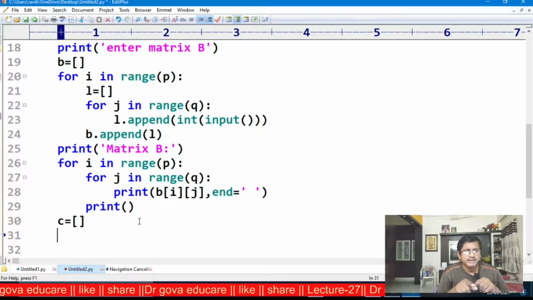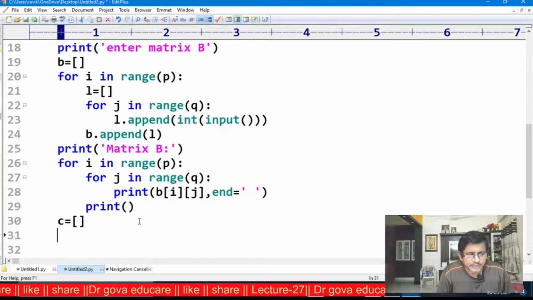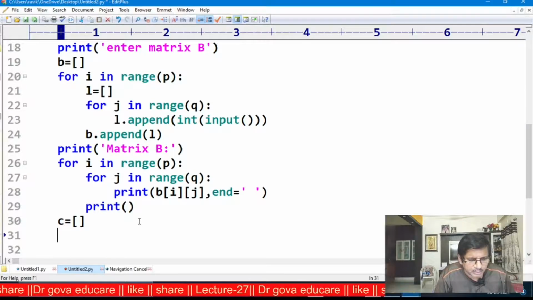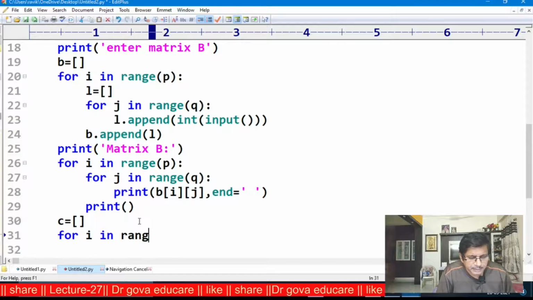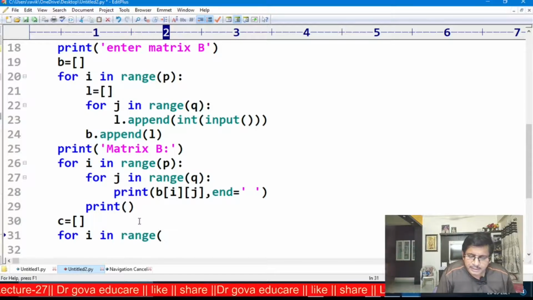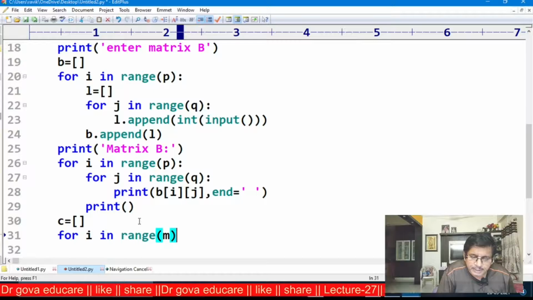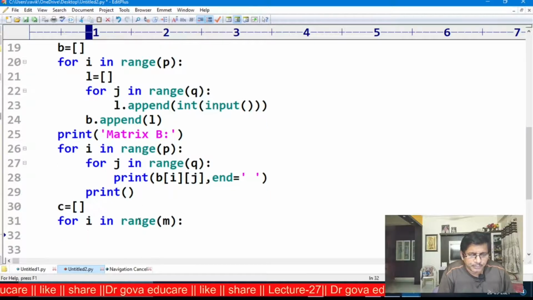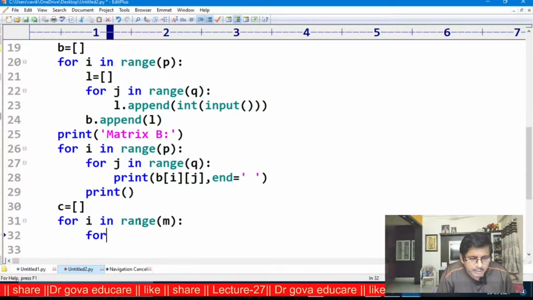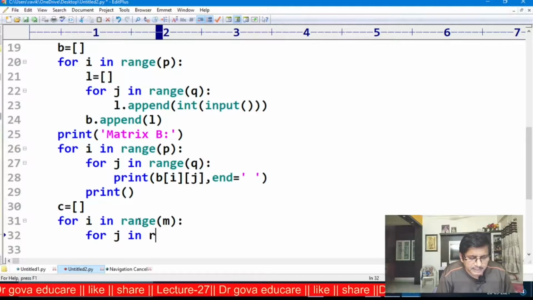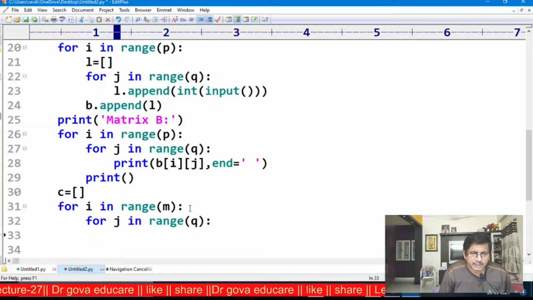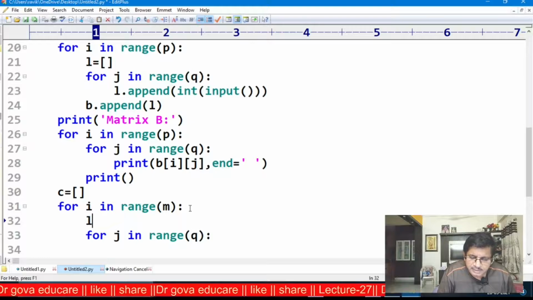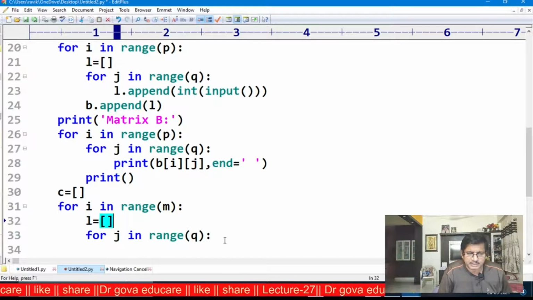The dimensions of the matrix C are M by Q. For I in range M, for J in range Q, I want to create the list L equal to an empty list.